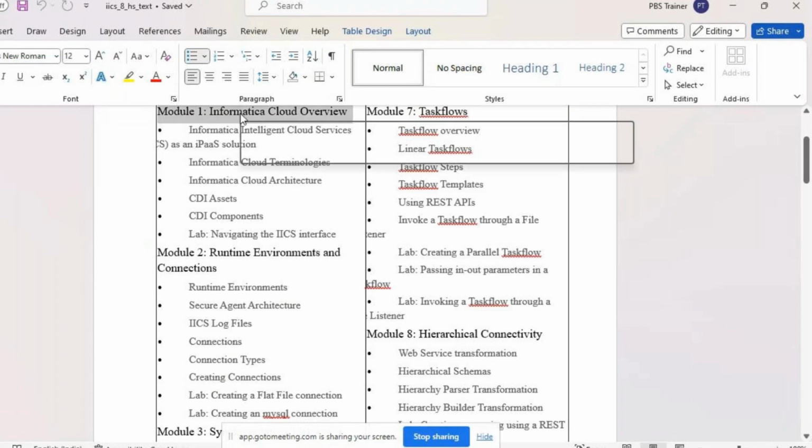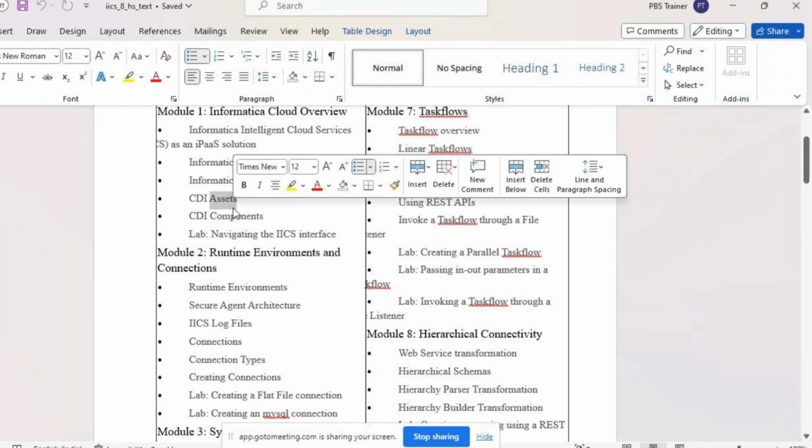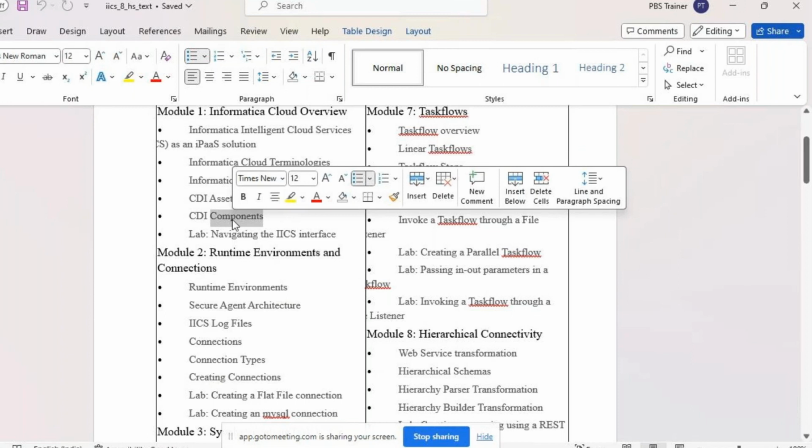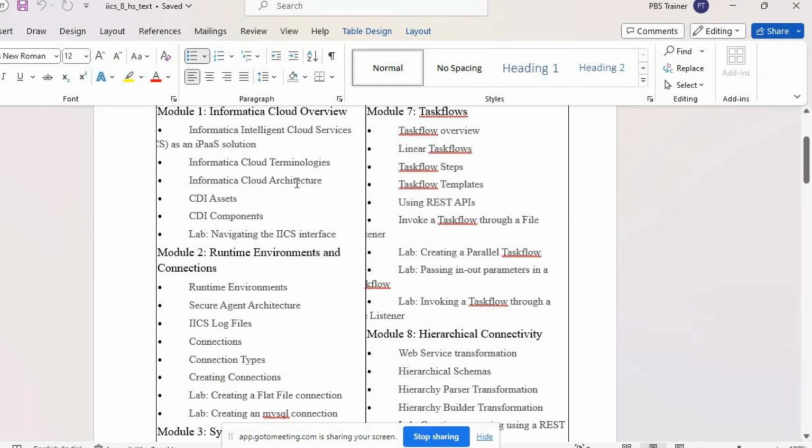We'll try to go with what is Informatica Cloud, then where does IPaaS, which is Informatica Platform as a Service, come in. And once you understand that, there are different terms that we have within this Informatica Cloud. We have assets, we have components, we have mappings, we have mapping tasks. So we have different components. All of those terms will be discussed within the tool. I'll try to open the tool also so that you'll get a